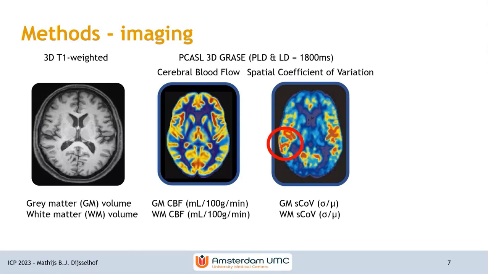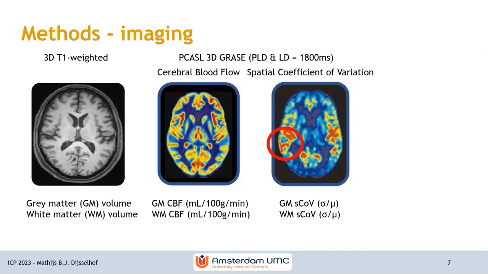PCASL 3D GRASE ASL with a PLD and a labeling delay of 1800 milliseconds. So coming slightly back to the previous presentation, this is pretty short for white matter imaging, but it is what it is. We can't do anything about it anymore. And we have obtained cerebral blood flow, so perfusion in milliliters per 100 grams per minute, for gray matter and